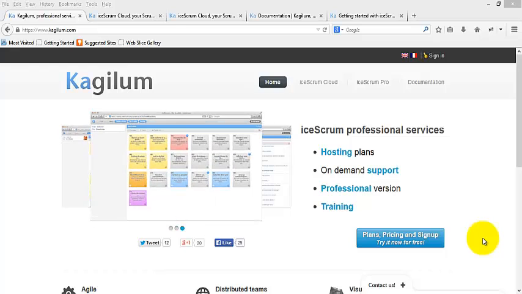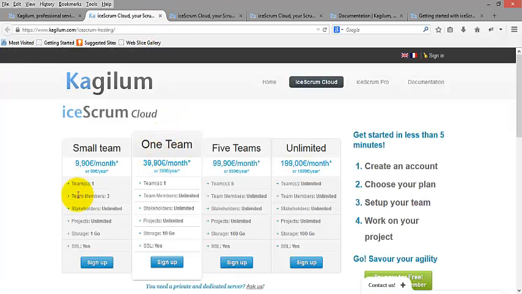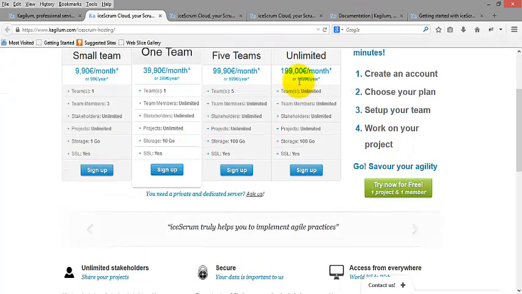You can just host iceScrum on the cloud, and for a price, depending on the size of your team and how many members, you can find an appropriate plan. Or if you're a more established group,